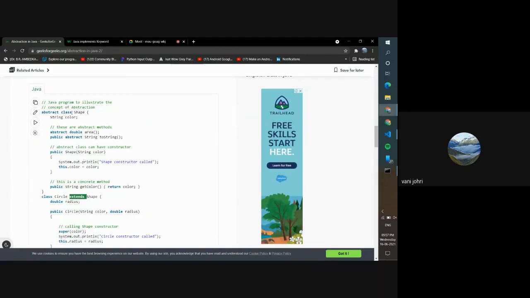I know it's a bit confusing, but if you say abstract class, you need to use extends. And this abstract class may have abstract methods, or it may have some normal non-abstract methods too. An interface only has abstract methods, and interfaces are implemented, and abstract classes are extended. All right.